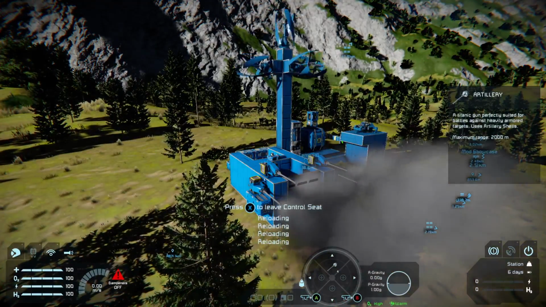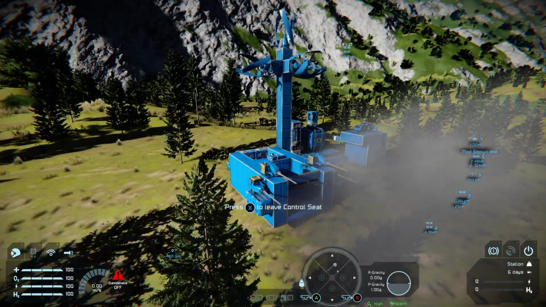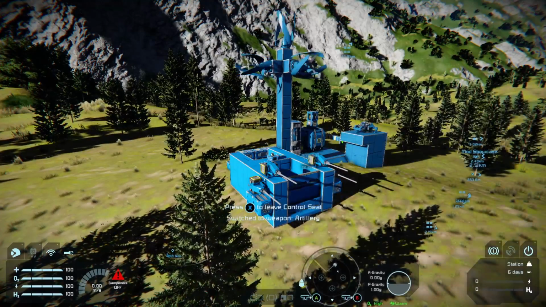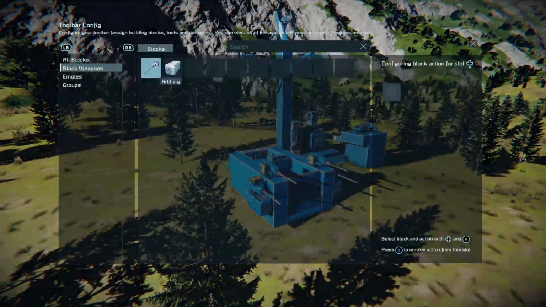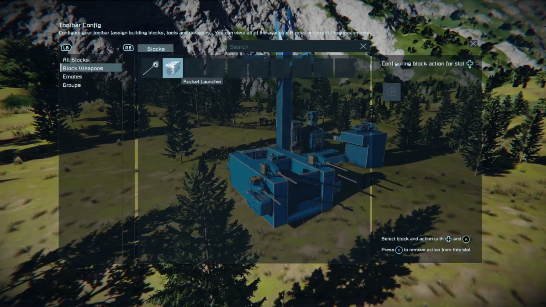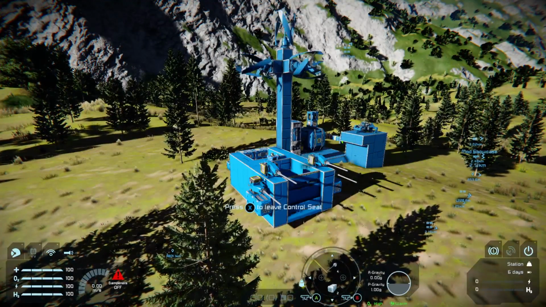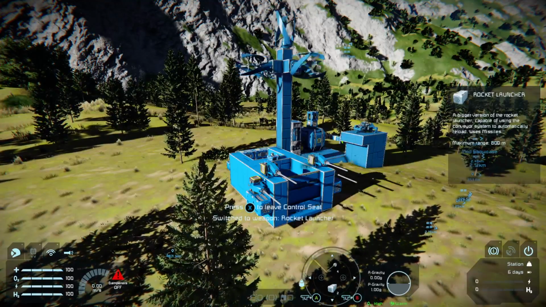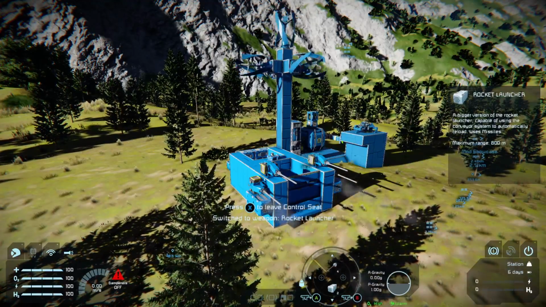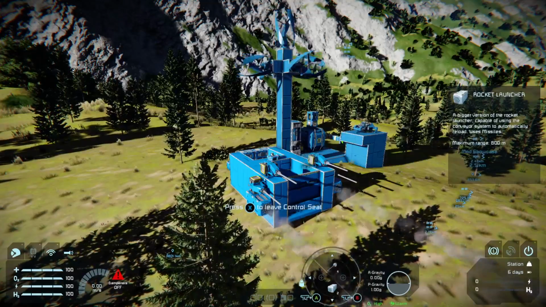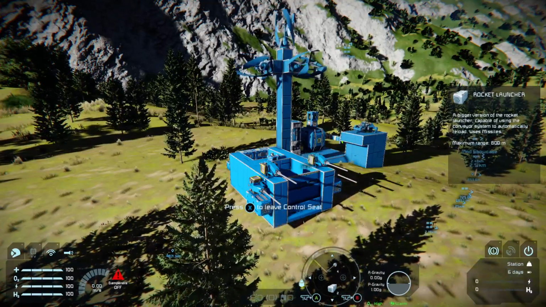We can fire the artillery, turn them off by pressing up on the D-pad. So maybe we want the rockets down on the D-pad. So hold down, block weapons, rocket launchers. And now, down on the D-pad, let us fire rockets from the rocket launchers.